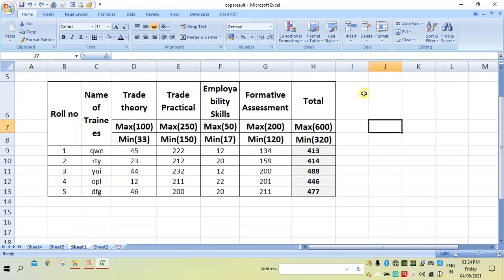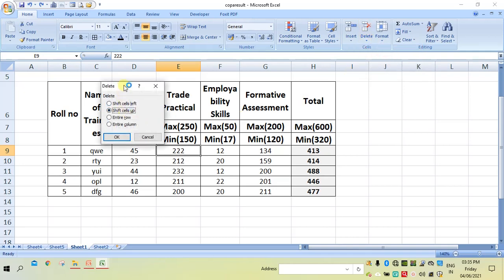Next is delete. Here we again have options. We can delete a cell, entire row, column or even a sheet. Now let's try to delete a cell. Suppose you want to delete this cell. Select this cell, then go here and click on this.